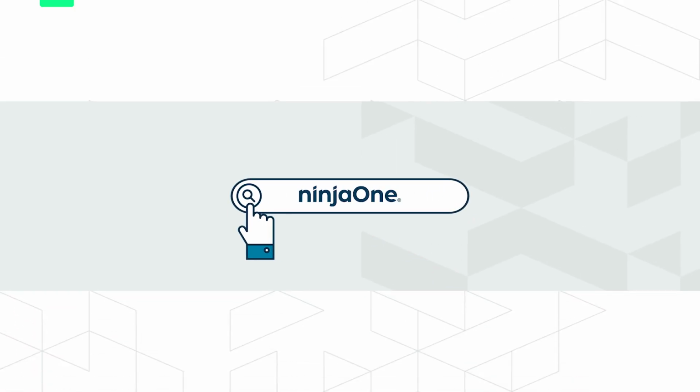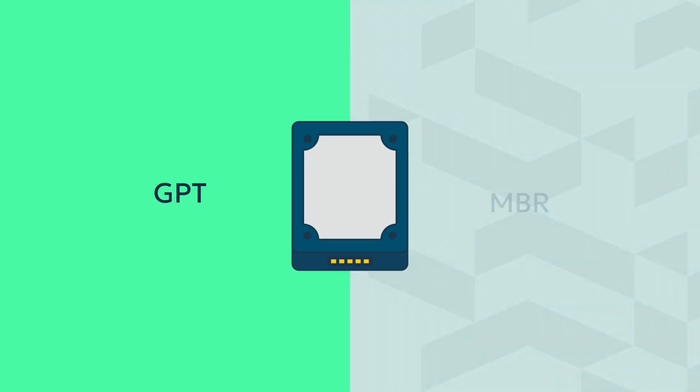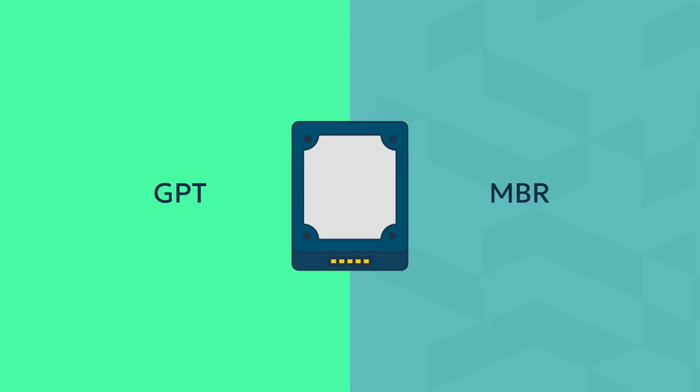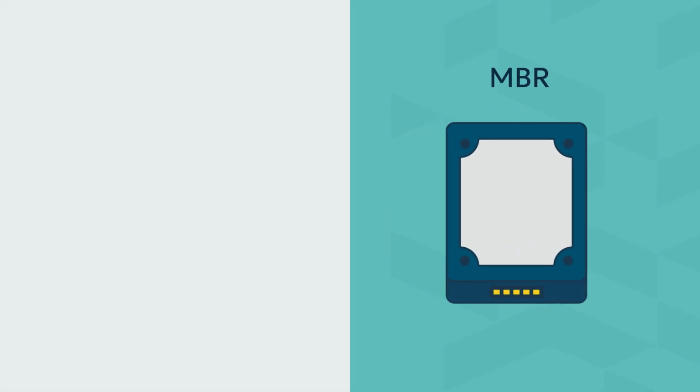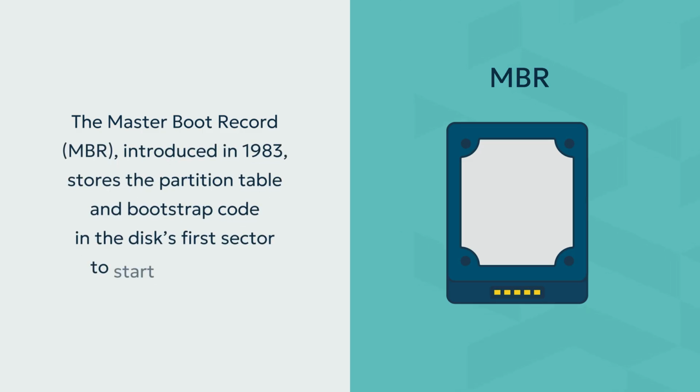GPT versus MBR. What's the difference? Although GPT and MBR are both partitioning schemes, they have significant differences. Let's break them down. The Master Boot Record is a legacy partitioning method introduced back in 1983. It's stored in the very first sector of a disk and contains both the partition table and bootstrap code for